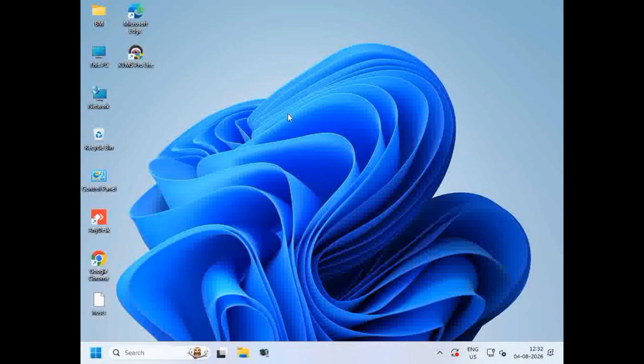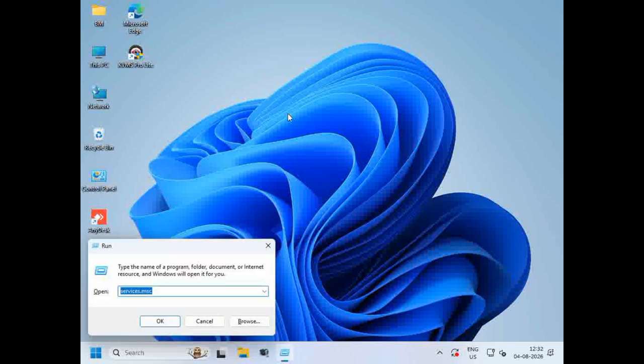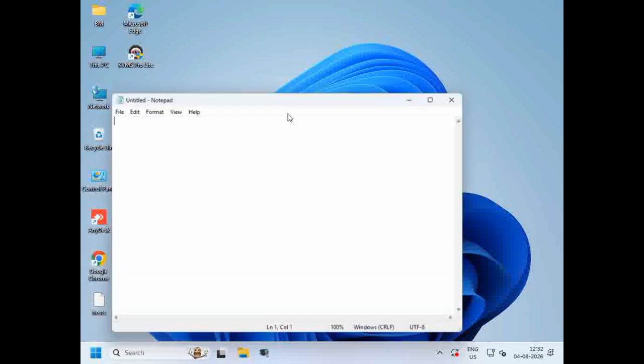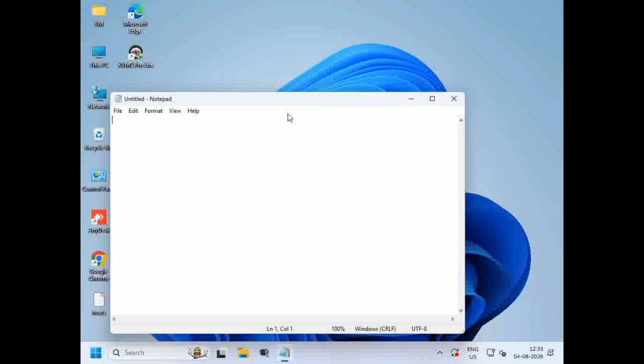Now press Windows plus R and type here notepad. Hit enter. Now type here echo off, enter. Now type the command here. Okay,